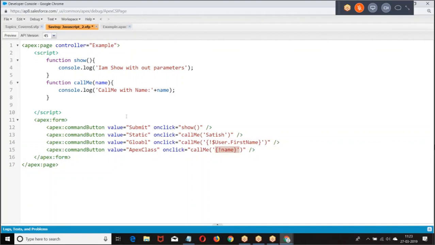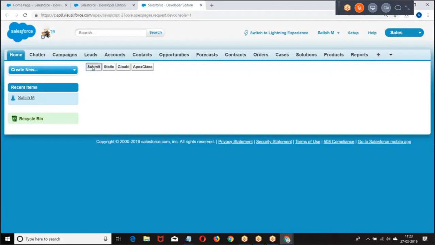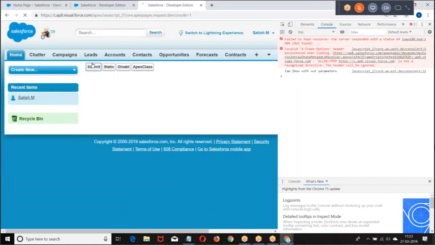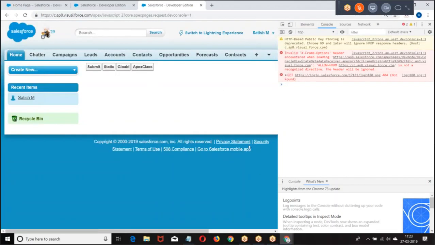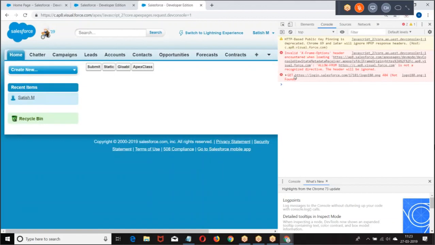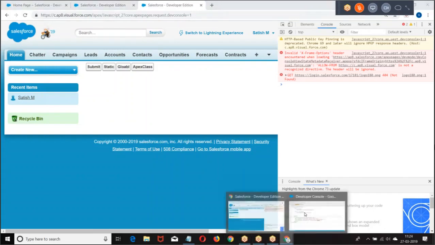Right? So go to the preview. Submit. Because I gave on click, you get the message and it is immediately lost, right? Why? On click, the action is performed, then on complete will run. So you want the message to stay there. Instead of giving on click, what are you supposed to give? On